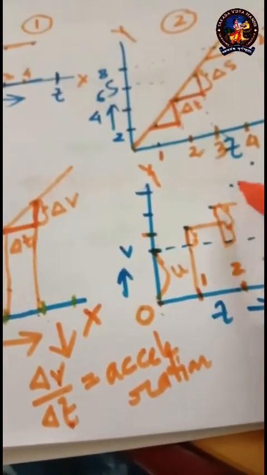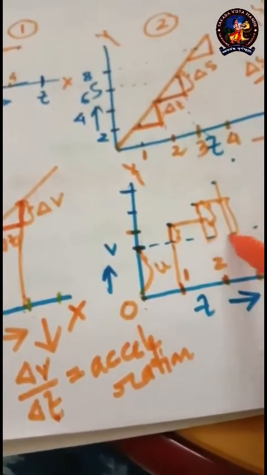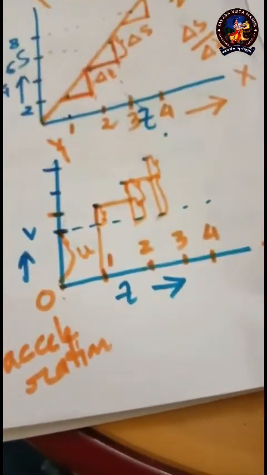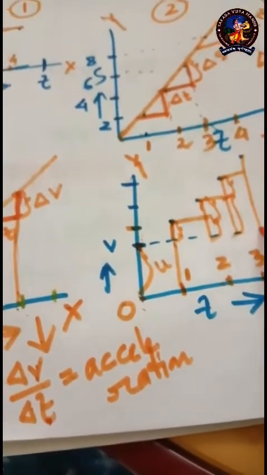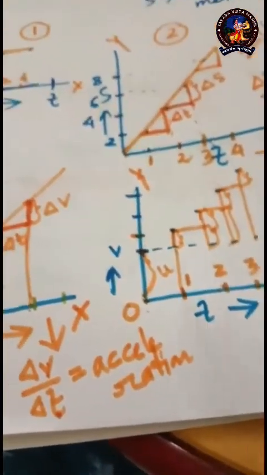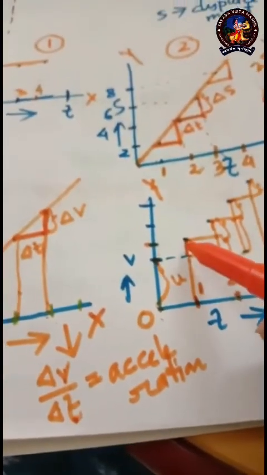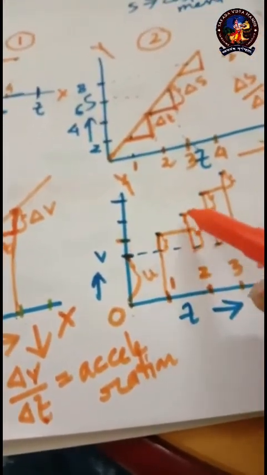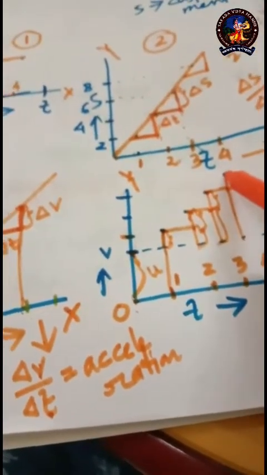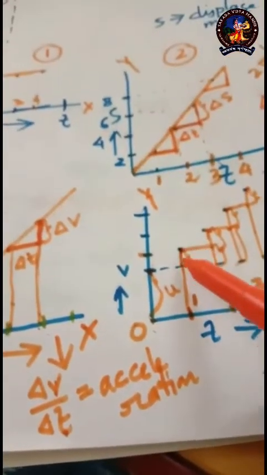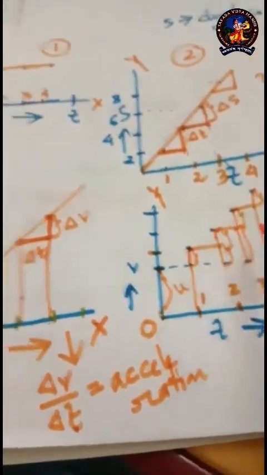After 3 seconds, it is increased by the same amount again. After 4 seconds, it is increased by this. That means for every 1 second, the velocity increases by the same amount, once, twice, thrice, 4 times. That is, if the acceleration is a,